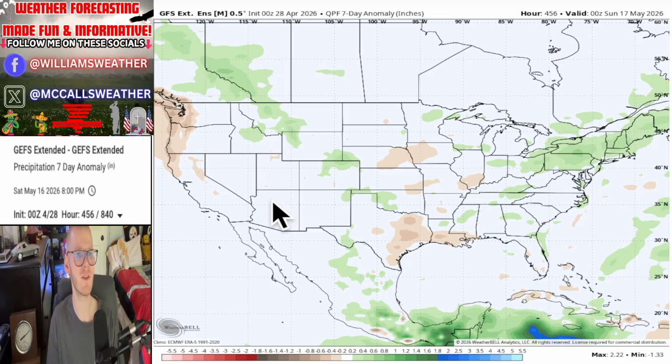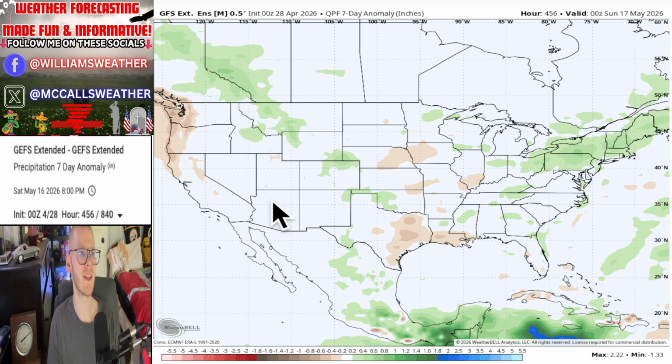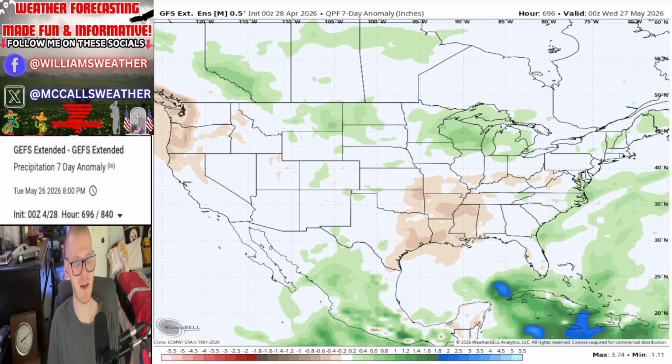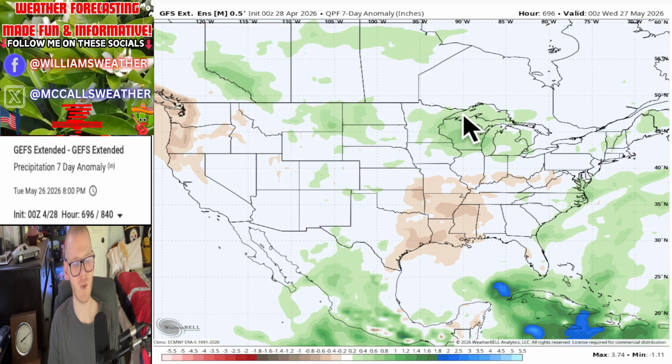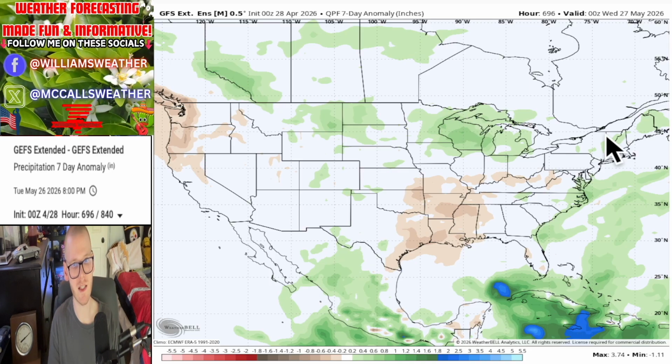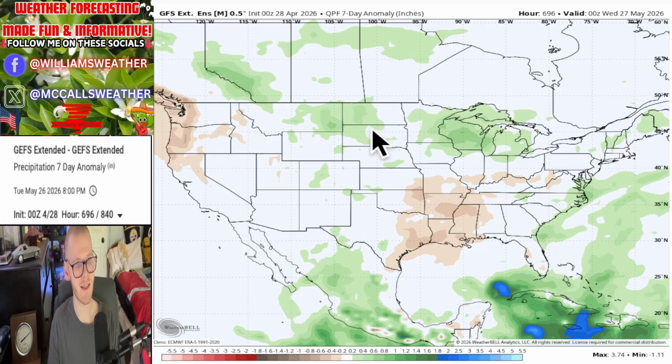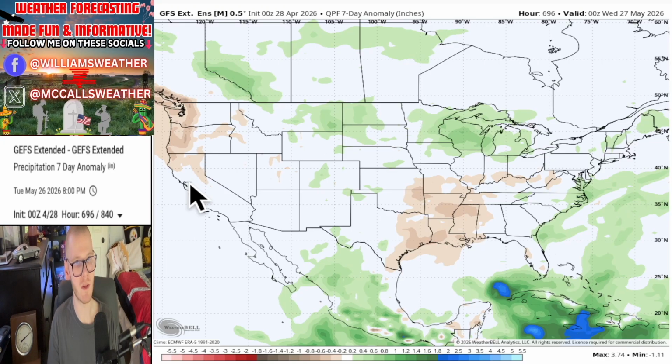And I have noticed on the rest of the models, before we get into those, there is a lot of uncertainties, so we'll take a look at that here in a little bit. But as we head towards the end of the month, a little bit more uncertainties, but we can see the Mid-South is going to be dry. Southeast is going to be a mixed bag. Great Lakes, Upper Midwest, Northeast is going to be above average. And up here in the Northern Plains and the West Coast is going to remain below average.